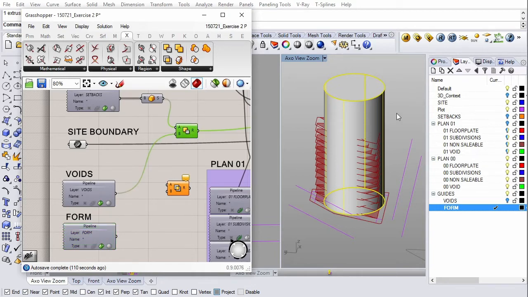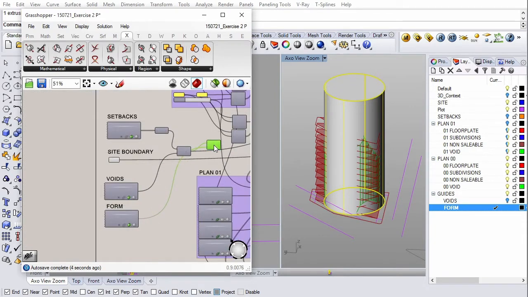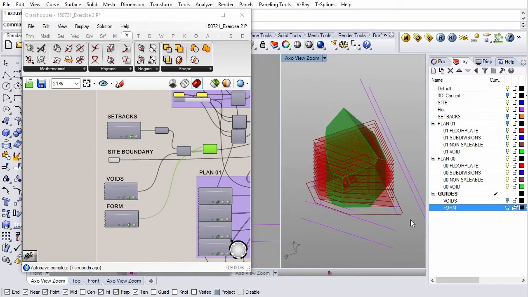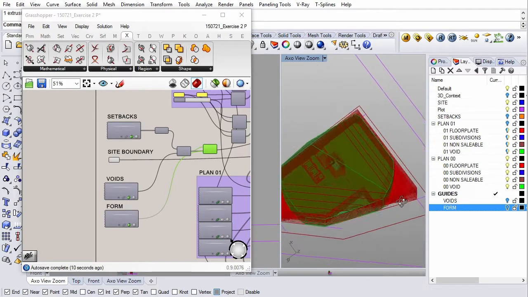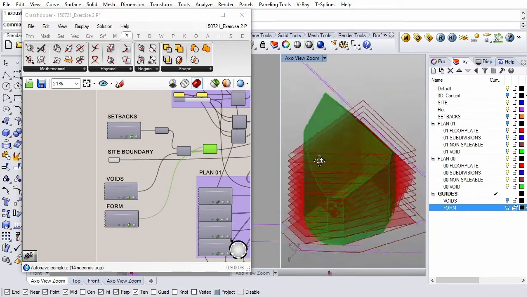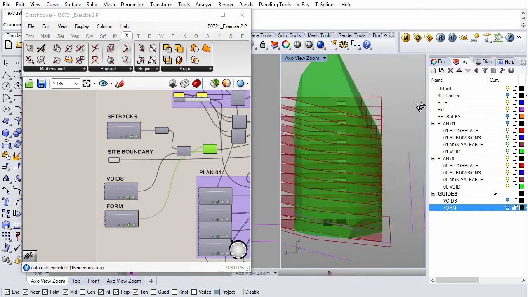So everything that lies in the original volume and inside the cylinder gets kept, and everything else gets excluded. So we'll just hide this geometry, and you can see how it's affecting our volume.